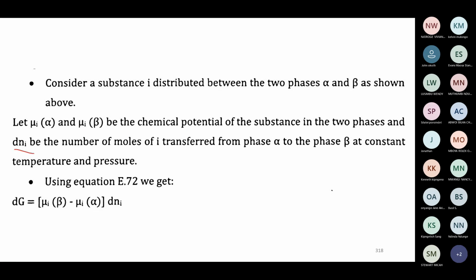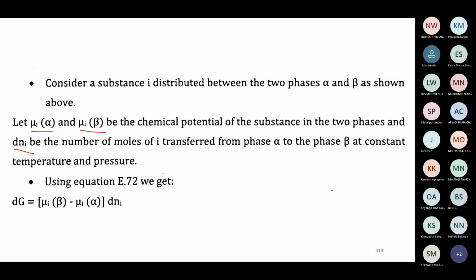And dNi can be the number of moles of i transferred from phase alpha to phase beta at constant temperature and pressure. Now, equation 7E72 was for dG. When you consider what is happening in the two phases, then dG is going to be given by